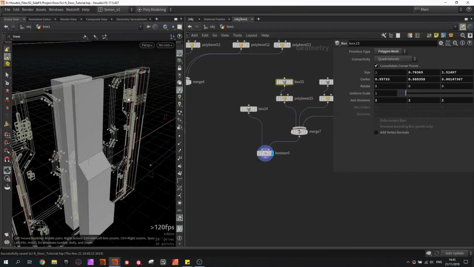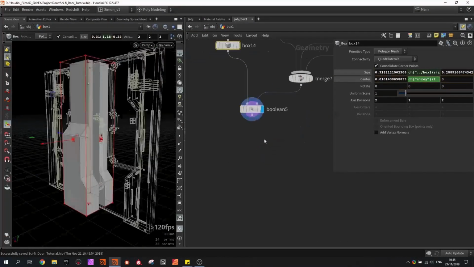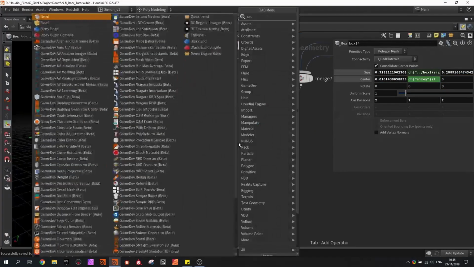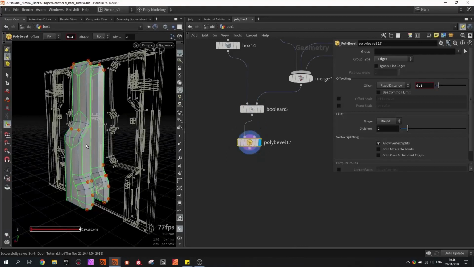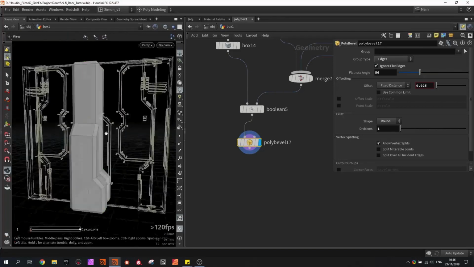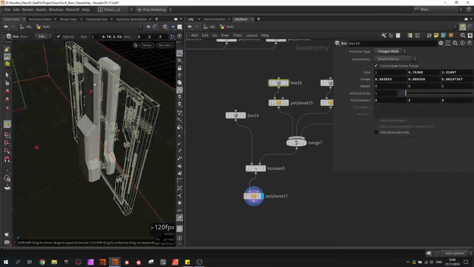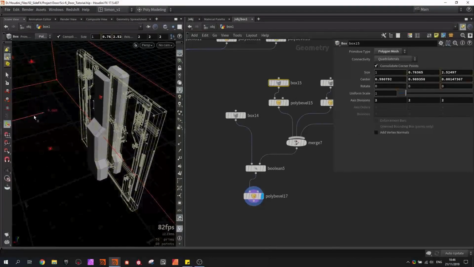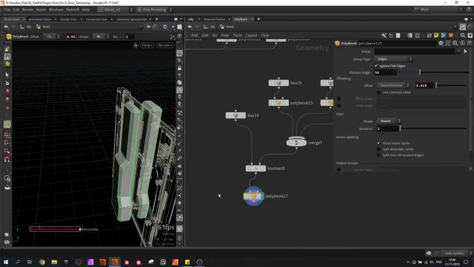So this part might be too flat, so I'm gonna move this up, maybe make this a bit bigger. Then again, I want to bevel it to have some nice bevel edges. And I'm gonna put divisions to 1 and use the ignore flatten edges, so only have this beveling on these sides. And I still don't like the way how small this is, so I might move this up and lower the